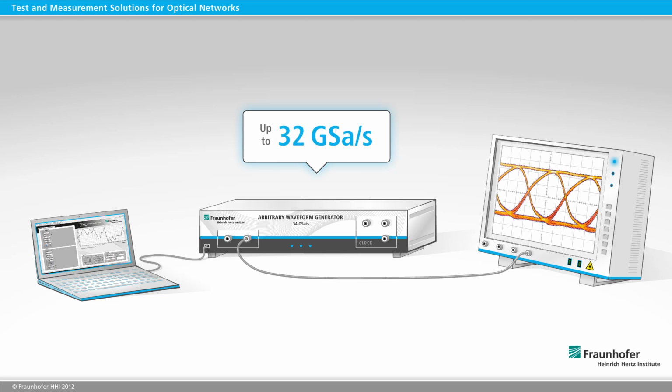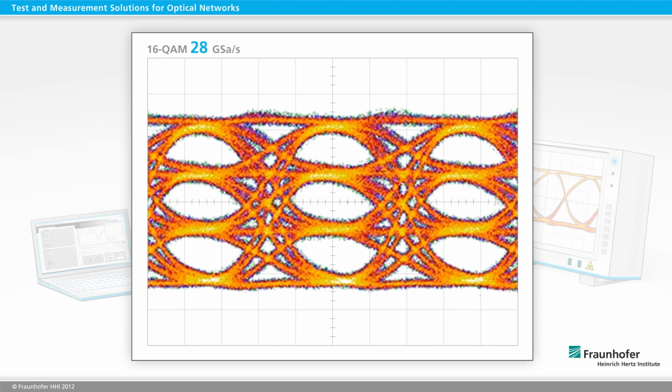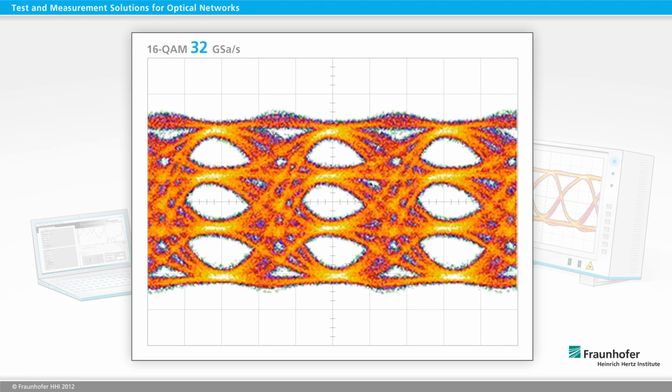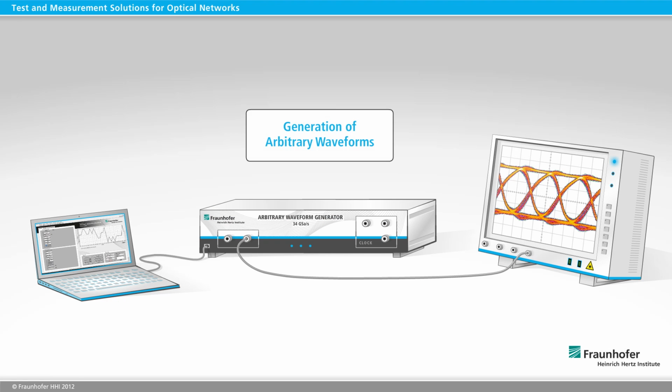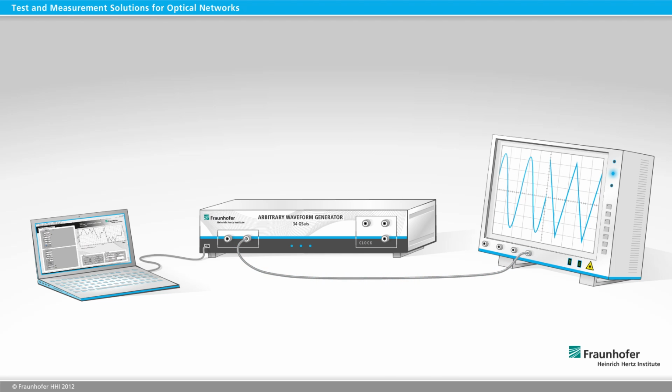The sample memory unit is freely programmable and enables signal generation with a sampling rate of up to 34 gigasamples per second. Even at high sampling rates, the generated 16 QAM signal still retains good quality. Sequences with a maximum length of 2.7 million samples are freely programmable. This means that even at high sampling rates, you can still configure a realistic test environment for your specific needs.